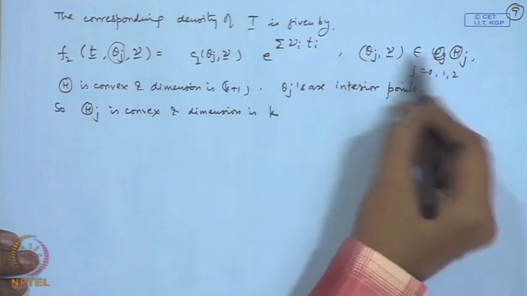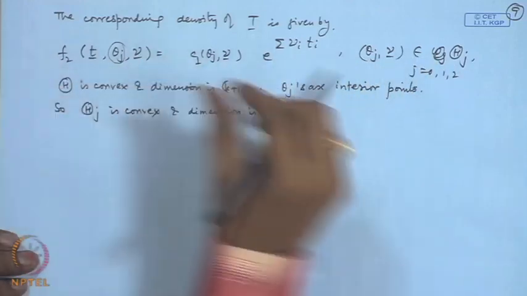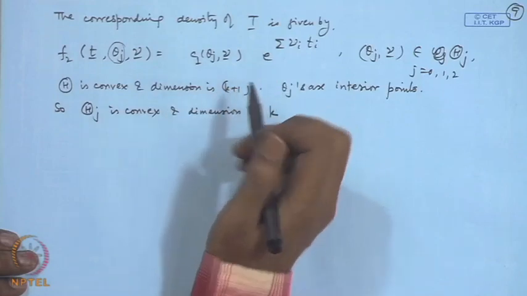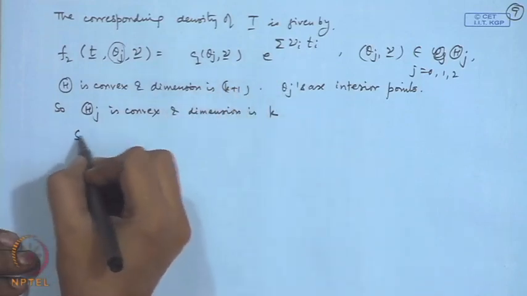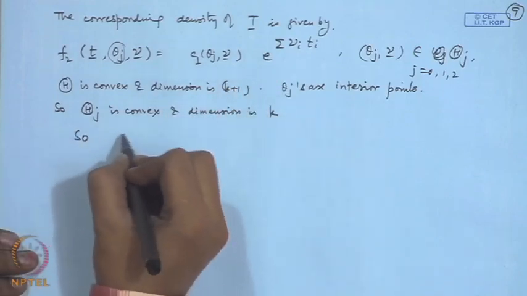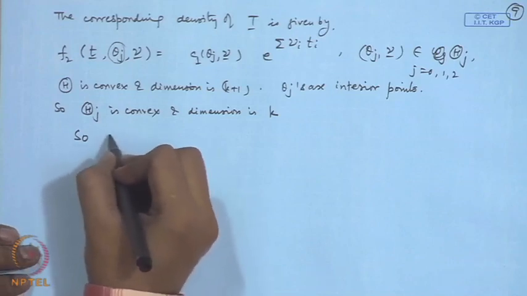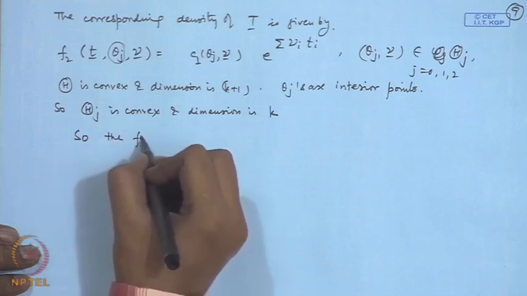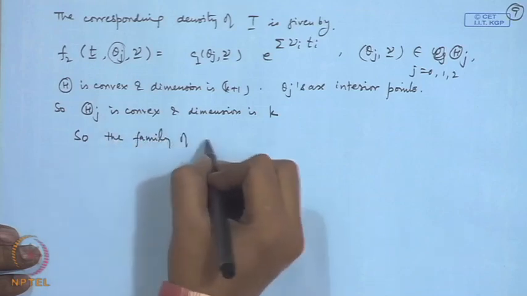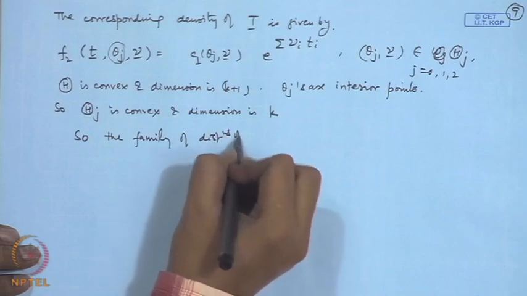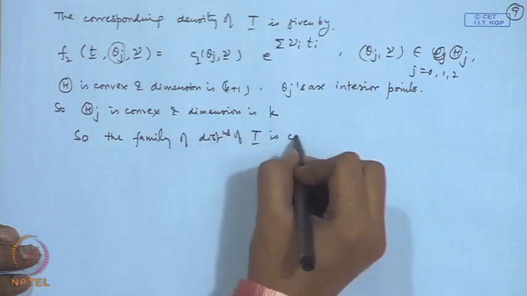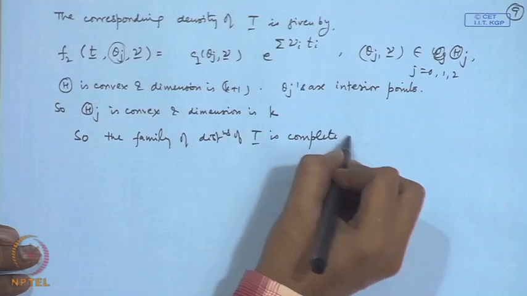Basically, what we have done is we have taken one hyperplane there, theta equal to theta_j. So, the family of distributions of T is complete,